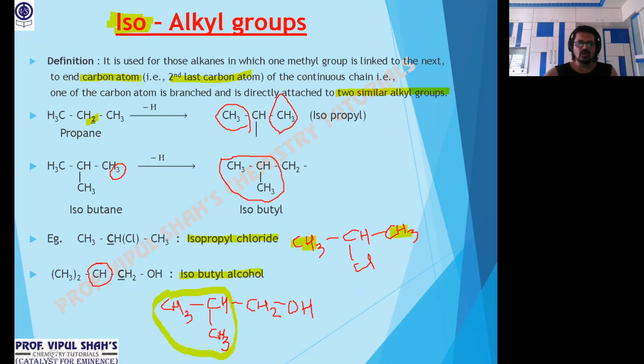Okay. Here if I talk about the nature of carbon atoms, this is what you have to see. In this case, this carbon attached to the functional group is attached to how many other carbons? Two others. So this nature is 2 degree. Whereas here the carbon attached to the functional group, this one, is attached to how many carbons? Only one carbon. So this nature is 1 degree. So in iso we are having 2 degree, 1 degree. Why like that? For n-alkyl it was always 1 degree. Here we have 2. We will see that in the next slide.